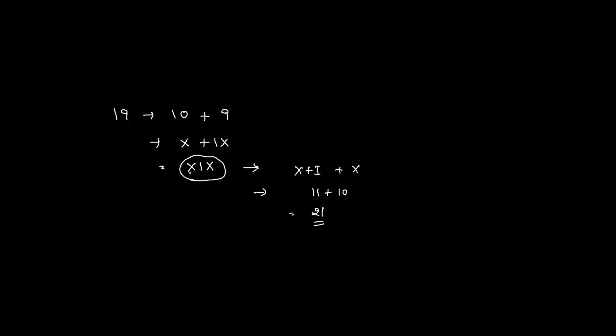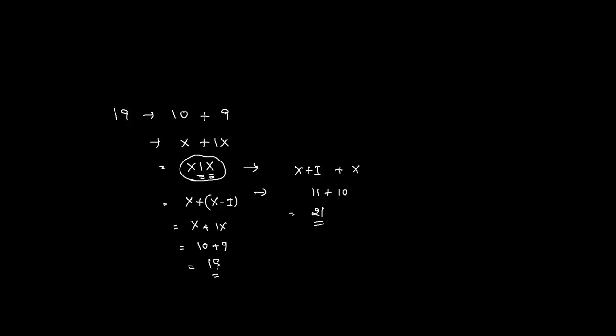If a smaller number is in between two bigger numbers, you have to subtract the smaller number from the number which is just after it. You should not consider the number before. The before number you should write as it is, and you have to subtract the smaller number from the bigger number which is just after that, which is X minus I. Now this is the correct method. So X plus X minus I means what here? 9, IX. So it is 10 plus 9, which is 19.